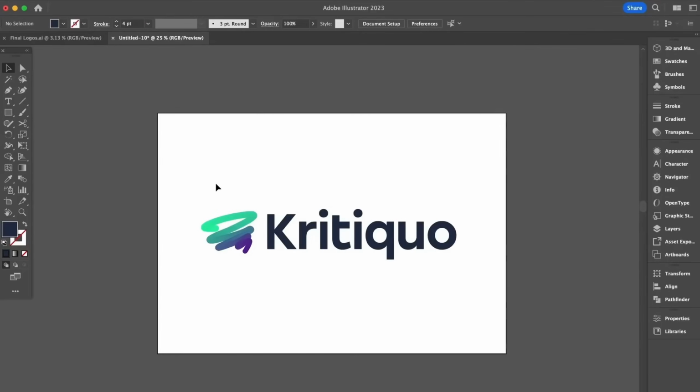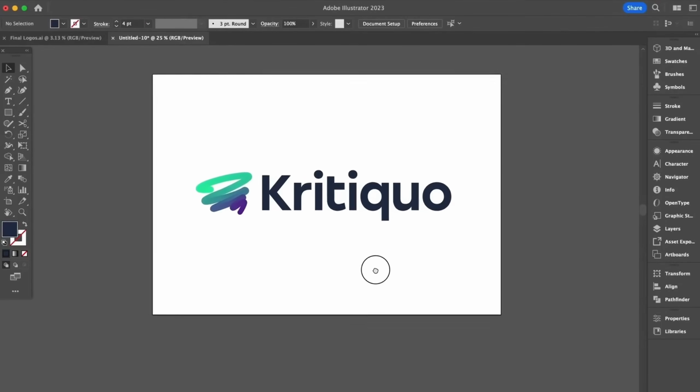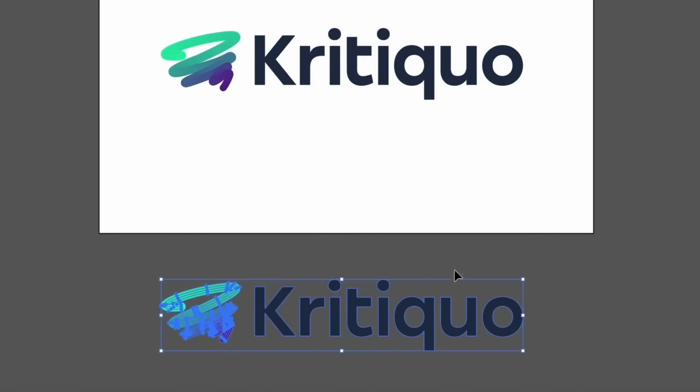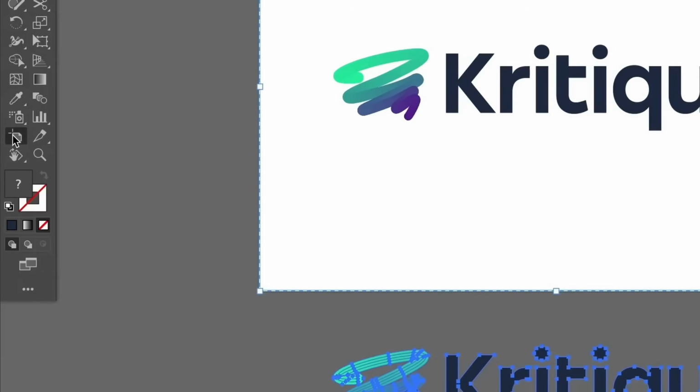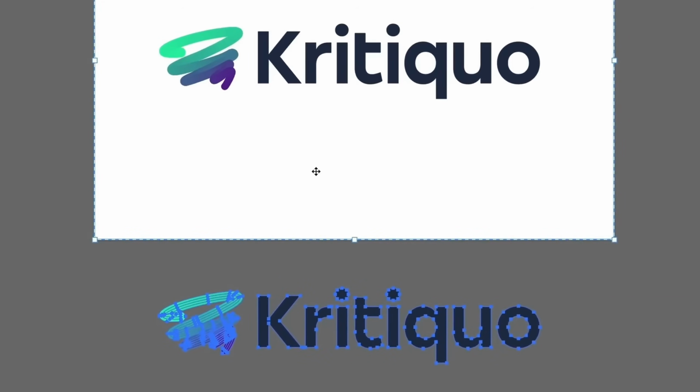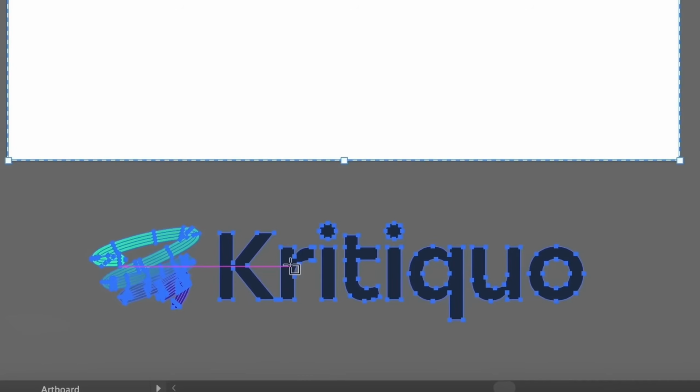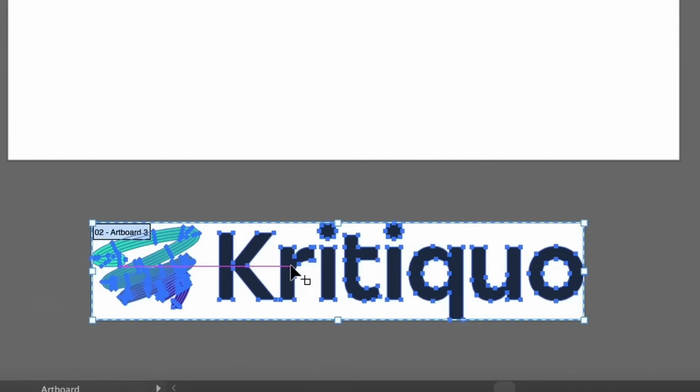So here's a handy artboard hack that very few designers know about. I'm going to drag my logo off to the artboard for a moment and make sure it's still highlighted. Then come and grab the artboard tool here. If you hold down Shift, you'll notice the cursor icon changes, as you can see right here. And then if you click the logo, Illustrator will make a perfect artboard that touches the edges precisely on your